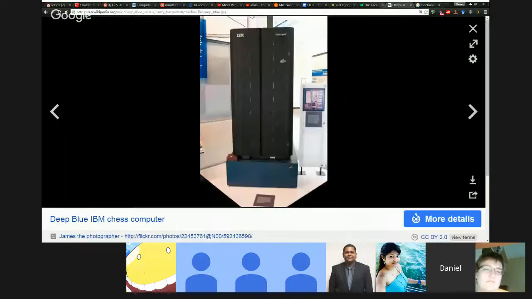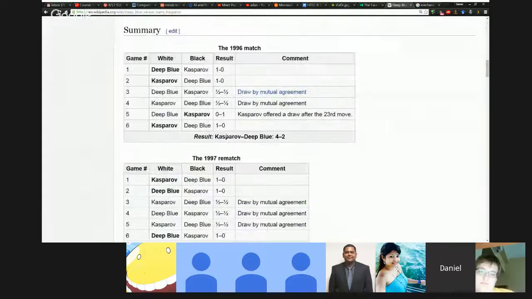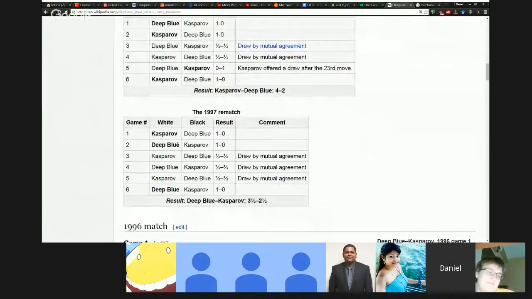And this is what Kasparov accused IBM of doing. Kasparov accused IBM of hiding a grandmaster in the background that played this very risky move in game 2. Kasparov demanded to see the logs from Deep Blue. IBM never released the logs after this match. And in fact, right now, Deep Blue's sitting in a basement somewhere. IBM's not letting people see it.